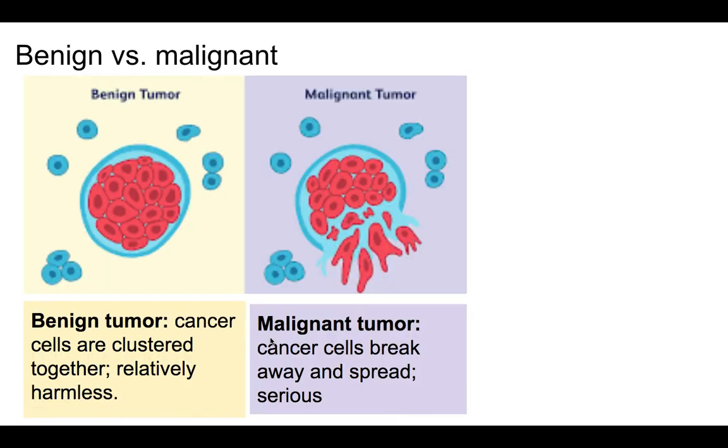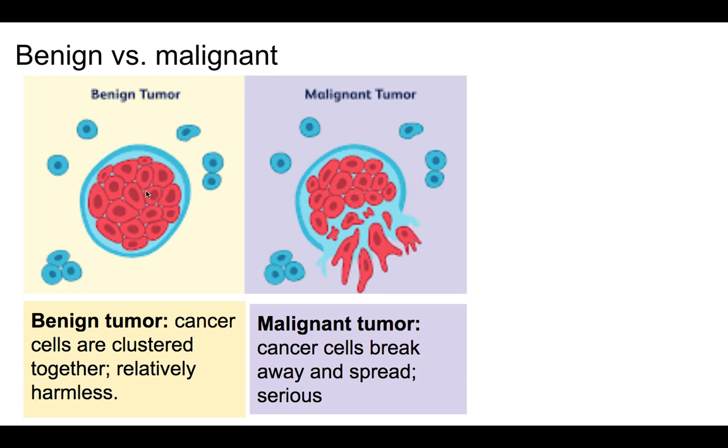So 2 words, benign versus malignant. Benign tumors are when the cancer cells are clustered together and are relatively harmless. See here, these are cancer cells that are red, but they are in one spot and they're not traveling. A malignant tumor is when the cancer cells break away and they spread, and that's when it's serious, because if